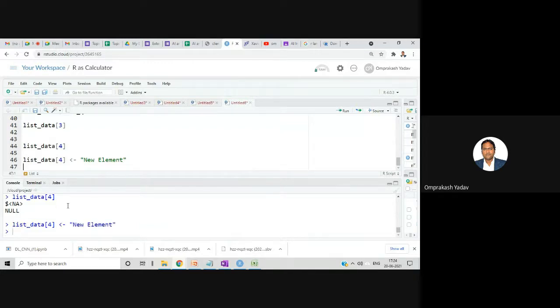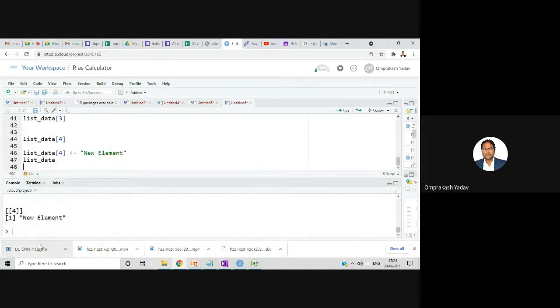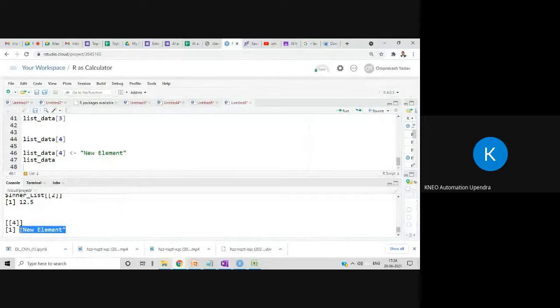So data is being added in the list. We can just print list data, and if we check this, at the fourth position we are having new element. After the third element it will show you the new element which we have just added. And if we try to add any data in between the list, never do that, because it will overwrite that particular data, right? So in the list, data is added at the end. And you can delete the data from the end. So you can remove the data from the end.